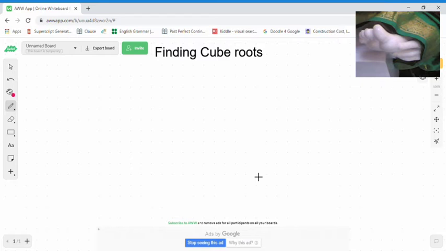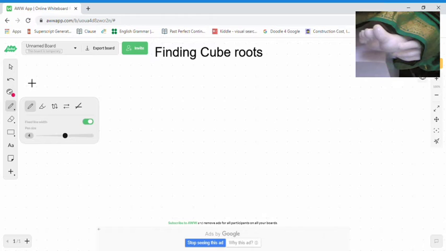Today we are going to learn an easy and very short trick to find cube roots. No big calculation, no memorizing of anything. But the very simple prerequisite to find cube roots easily is knowing the cubes of the first 10 numbers. You all know that. Let's start. Write it.